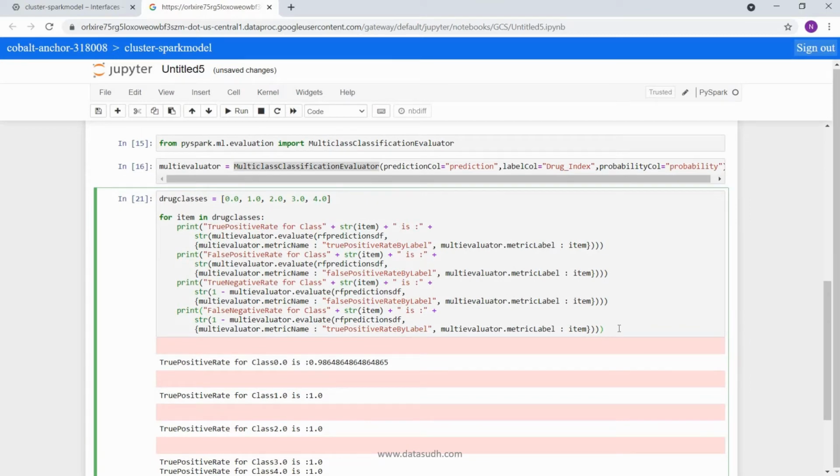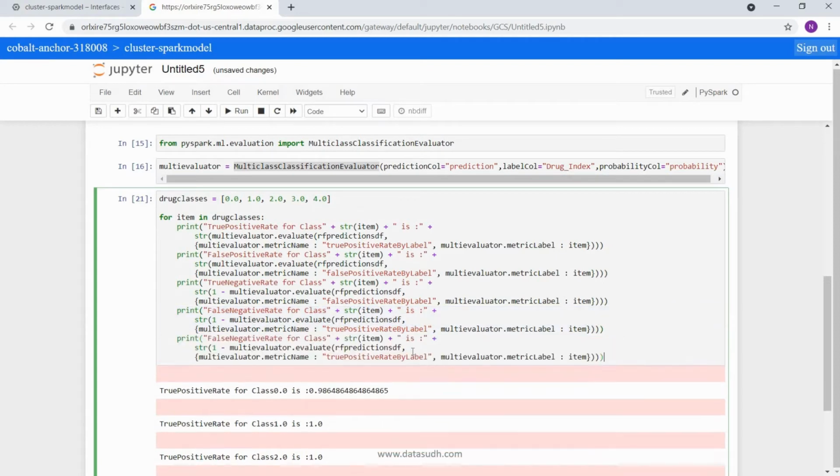Now let's calculate precision, recall and F measure. For that, take this row and precision for class will come from metric name precision by label, and there will be no 1 minus.